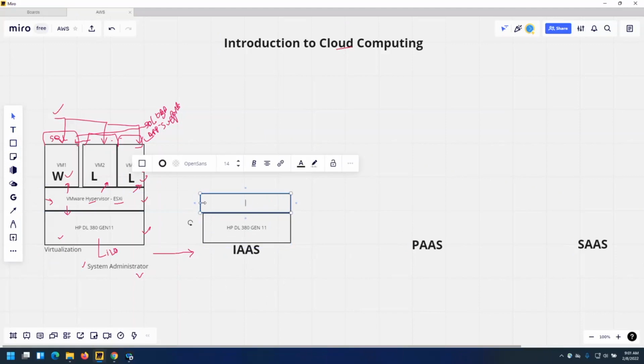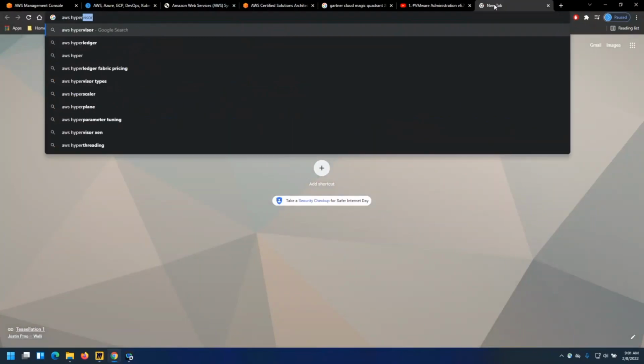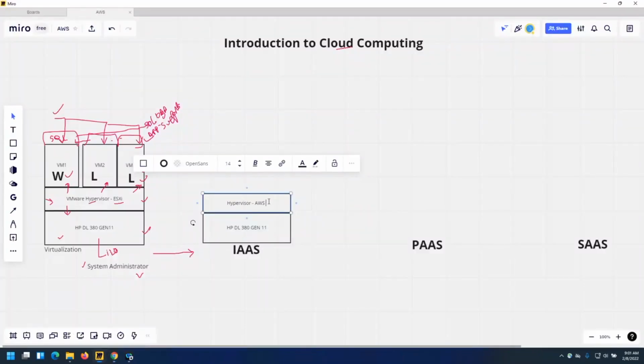And on top of that, you definitely need to have a hypervisor. Our primary focus is on AWS, right? AWS. They are using Xen as a hypervisor in the backend.